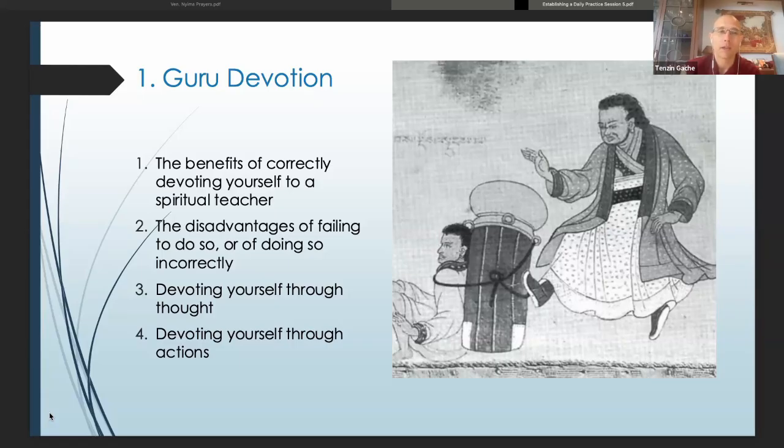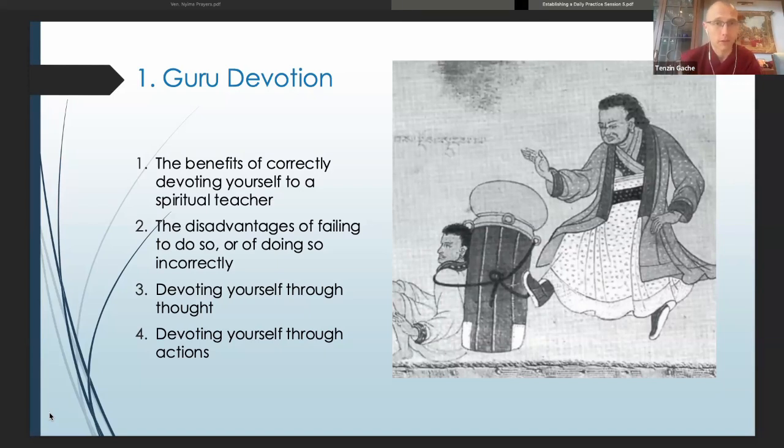So anyway, we have what kind of contemplations. So of course, the point of this talk is how to contemplate on the different topics of the Lamrim. So when we do so with a particular subject, there'll be an outline in the Lamrim here. So in terms of the subject of Guru devotion,